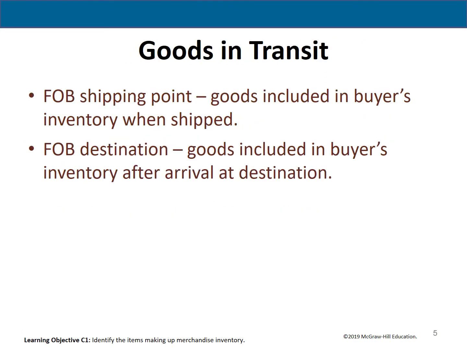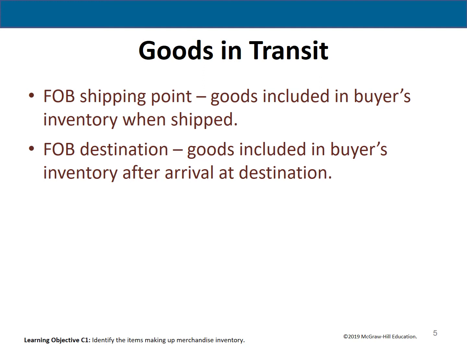So let's take a look. Remember our shipping credential, I guess you can say, FOB shipping point, FOB destination. FOB shipping point tells us that the buyer owns these goods while they're being shipped. So if we have any inventory items in transit that are FOB shipping point on December 31st or the end of our accounting year, they should be included in our inventory. If they are not,